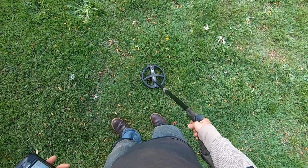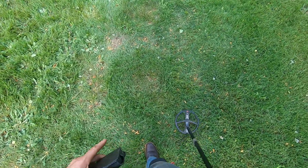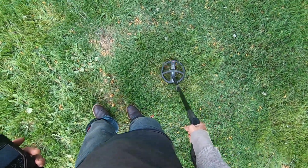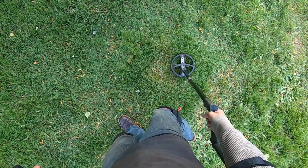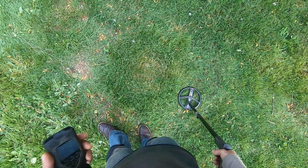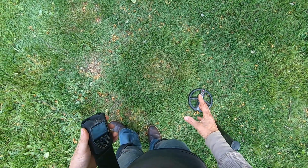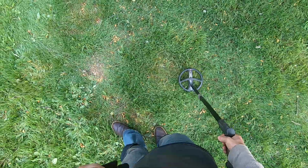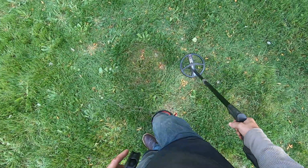Here's that dime. Now I'll go over these deeper, bigger coins here. This nickel here at 4 kilohertz. The iron's going to come out a lot louder, and also that target's going to come out a little bit better, but the iron overrides that tone, right? Because you're in 4 kilohertz frequency, that iron tone is going to be really rich. So it's harder to hear those higher conductive targets in the iron at 4 kilohertz, right? But this is a clean hole right here,